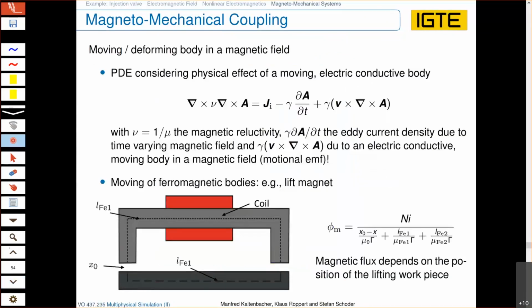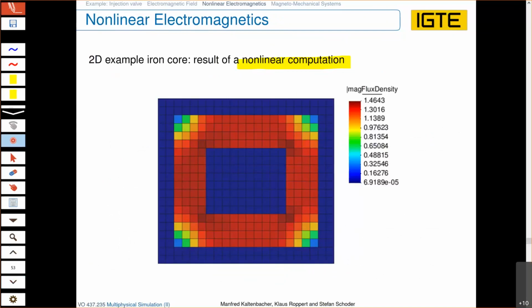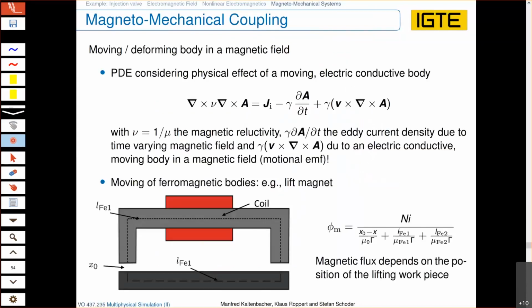Okay, so this was now the overview about computational electromagnetics, which I would say is the real complex part within electromagnetic mechanical coupled computations, because most of our devices we are interested in, if you look at the transformer, at the electrical drive, at the magnetic valve, whatever, we can very often apply linear elasticity for the mechanical part. So it is a linear partial differential equation. But for the electromagnetic field, you have to take into account the material nonlinearity